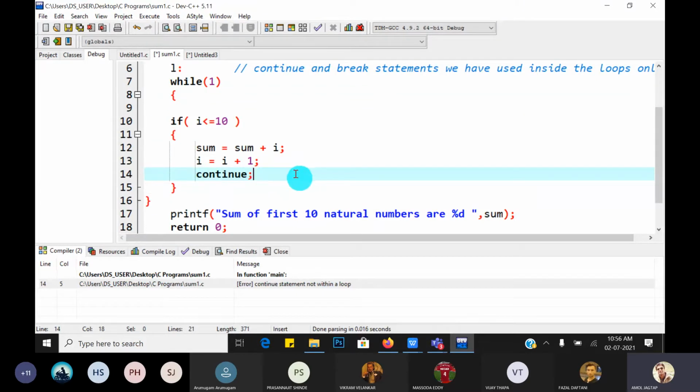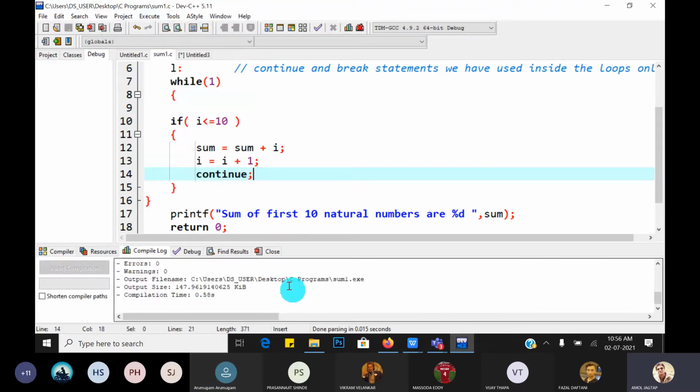So now is there a syntactical error? No, sir. Just check it, save it, then compile it. There is no compiler error.